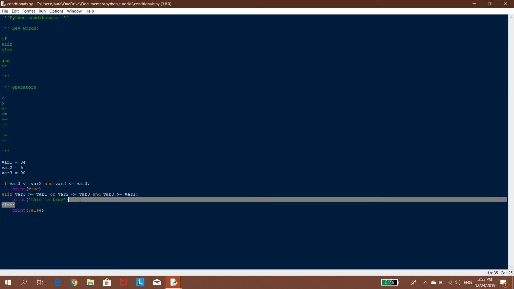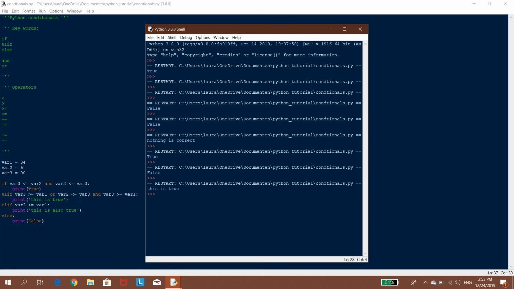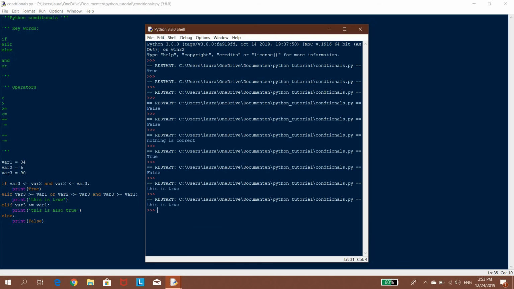So if you have another elif statement, which you can have as many as you want, elif var3 is greater than or equal to var1, this is also true. Okay, so if you do that, see, but again, all this is doing is printing out this one. It's not going to print out this line of code, because this is the first